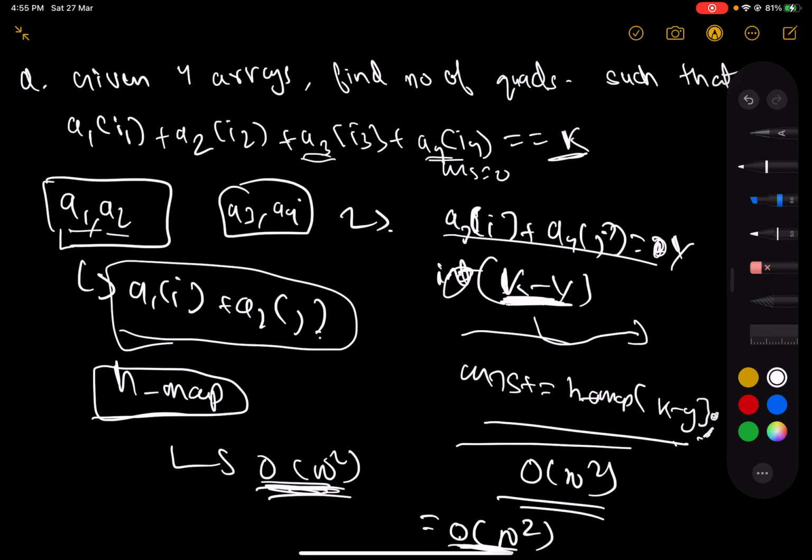So this is how the meet in the middle technique works here. Now, for the sake of practice, how do we extend this problem? You can try to extend this problem to 6 arrays. Just try to solve the same problem for 6 distinct arrays, and the expected time complexity for that is O of n cube. Let's say each array is of size n, there are 6 different arrays, and you have to solve the same problem in O of n cube time.